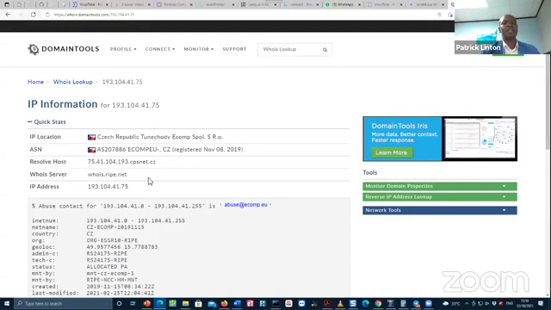Let me see what else I need to get you. Yeah. So this IP is from Eastern Europe. So we could now use Interpol or police to police, law enforcement to law enforcement, I should say, in order to identify the perpetrator, right?